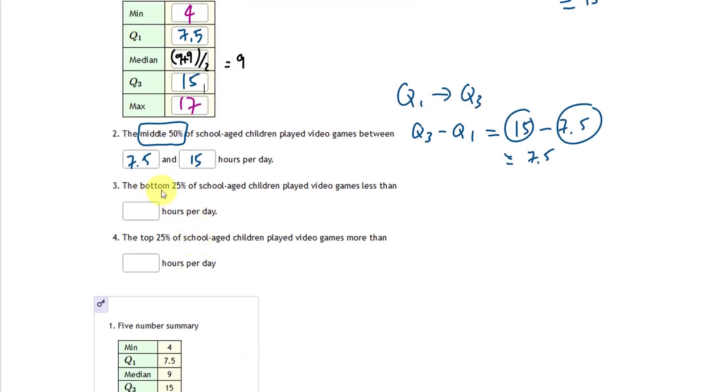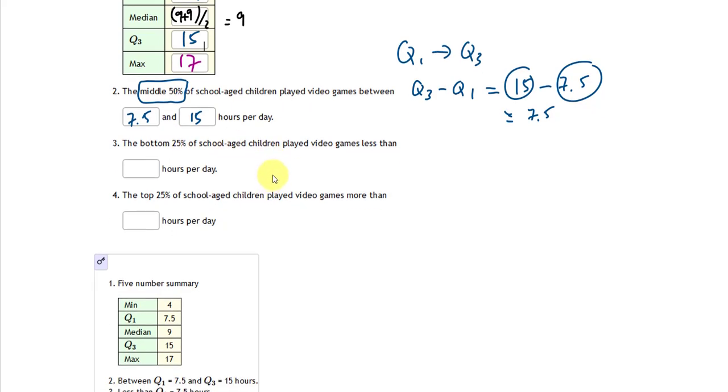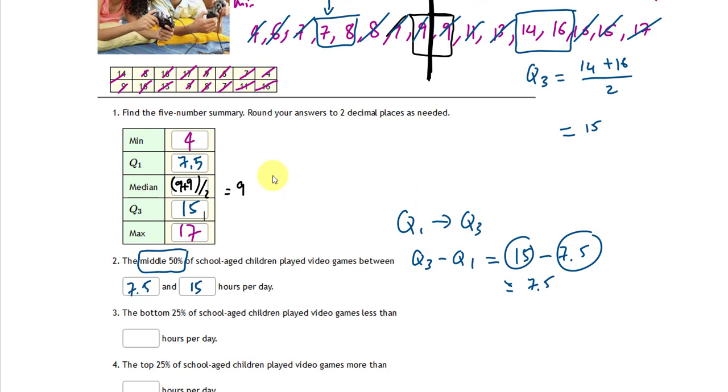The bottom 25% of the school-age children play video games less than what? The bottom 25%. 25% is Q1, right? 25% is Q1, so the bottom means anything less than Q1. So that's going to be 7.5. The top